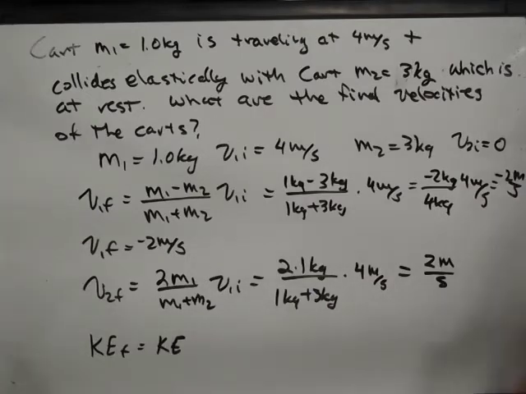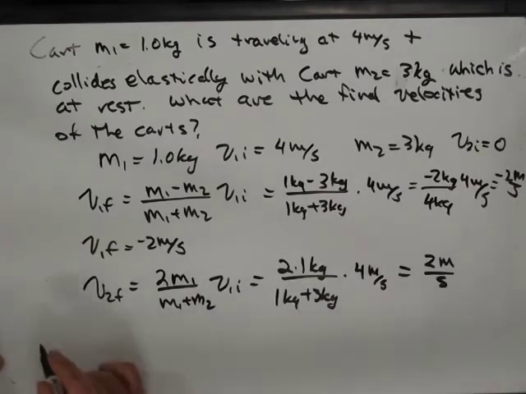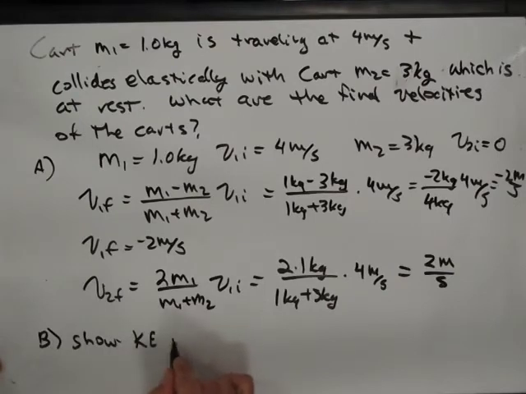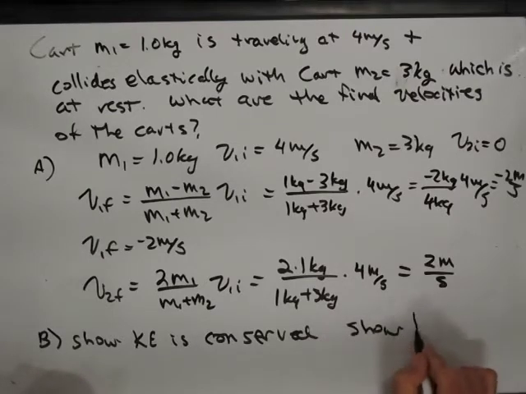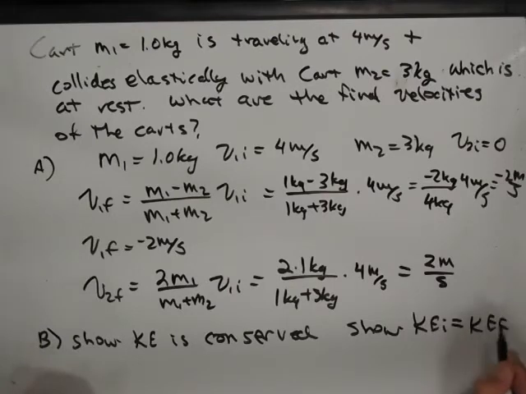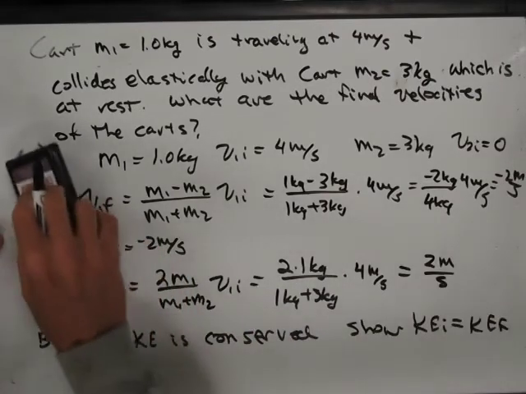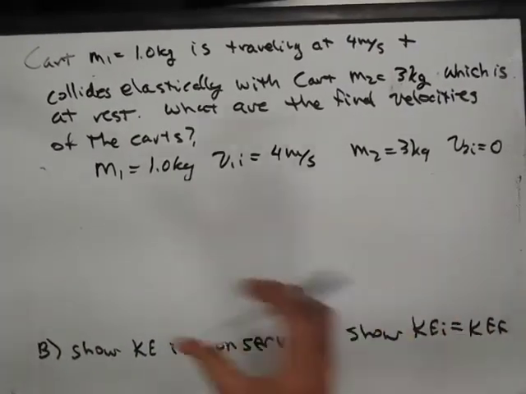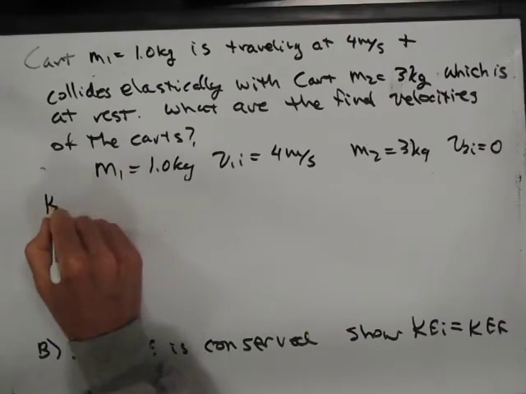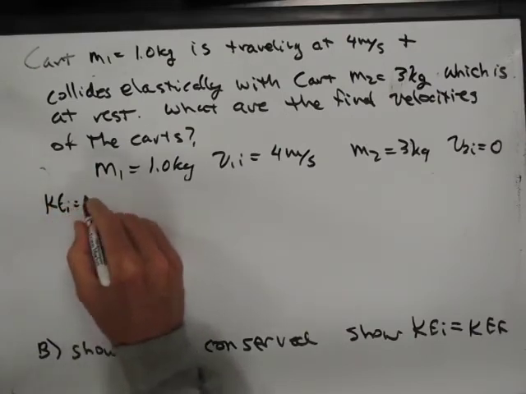And so for part B of this problem, if that was A, part B: show kinetic energy is conserved, which means show KE initial equals KE final. So now we've got to come back up to the top. I'll leave that line there. And I'll say, look, KE initial equals